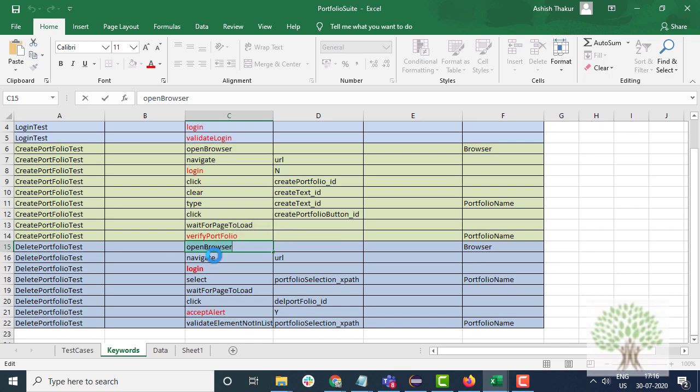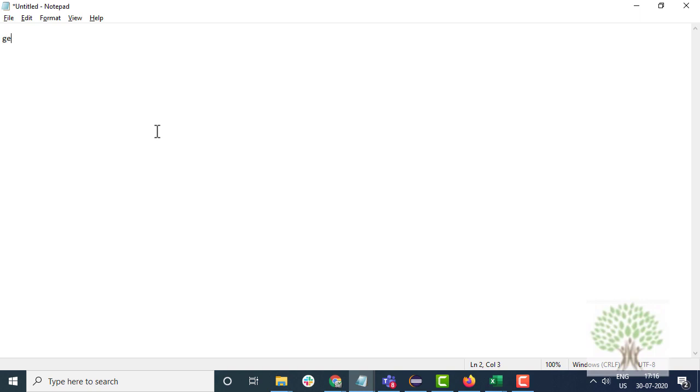There are two types of keywords in hybrid framework. Okay, there are two types of keywords. One are the generic keywords. These keywords are common for all the websites. These are the generic interactions which you do on the browser, like you open the browser, you navigate to some URL on the browser, you click somewhere on the browser, you type something in the text field, you select a value from a drop down. So these are some generic keywords. And then we have got application dependent keywords as well. Application dependent keywords are for that particular application.